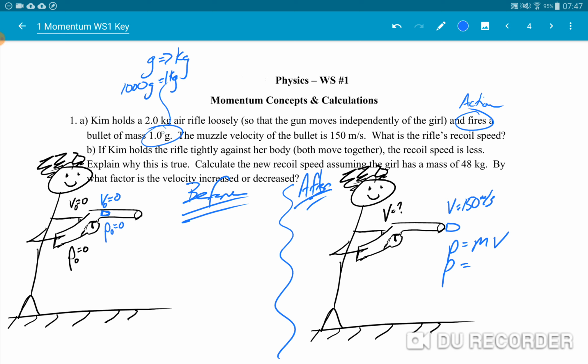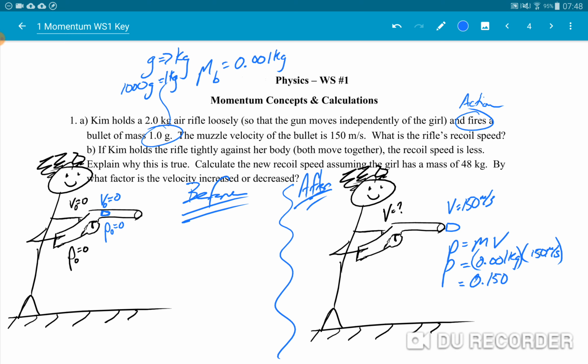So I need to take that 1 gram and divide it by 1,000 so I can get it into kilograms. Okay, cool. So now the mass of the bullet is going to be, I move that decimal place over 3 places, so it gives me 0.001 kilograms for that mass. Now I can actually put that in, and I get 0.001 kilograms multiplied by its exit velocity, 150 meters per second. Notice I'm just dividing by 1,000 here, so I can actually do this in my head. The decimal point's right there, and I just move it over 3 places. So now I get